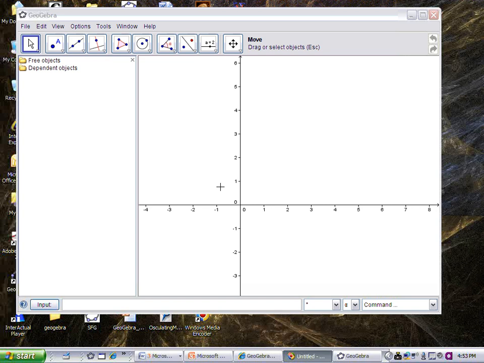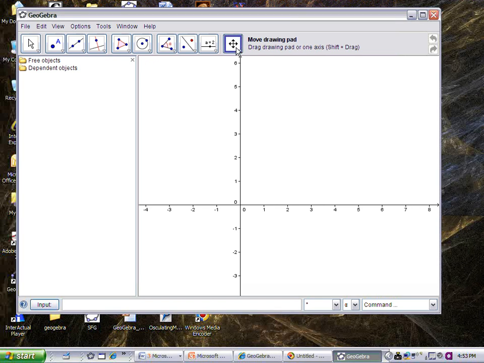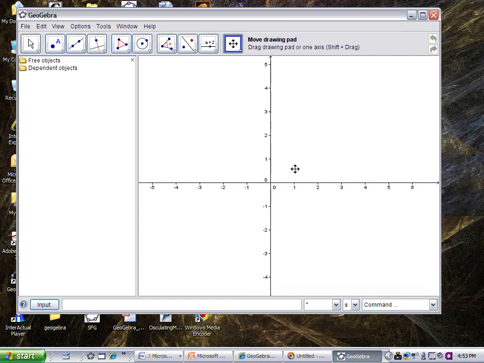For our next example, we're going to make a picture. Let's make a triangle. And let's make a 3, 4, 5 right triangle. And to do that, first let's take a look at the move. Move lets you move the drawing pad. When you click on this Move Drawing Pad tool, we can adjust that